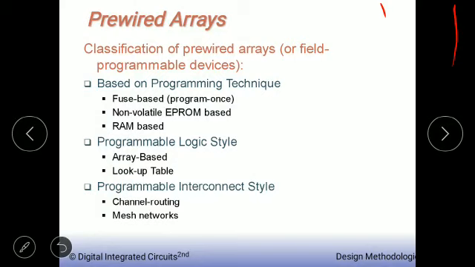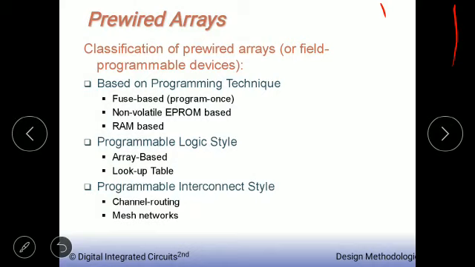Now in today's class I will be starting with a new concept which is called pre-wired arrays. So first let us have a look at what is the meaning of pre-wired arrays. While the pre-diffused arrays offer a fast road to implementation, it would be even more efficient if dedicated manufacturing steps could be avoided altogether.